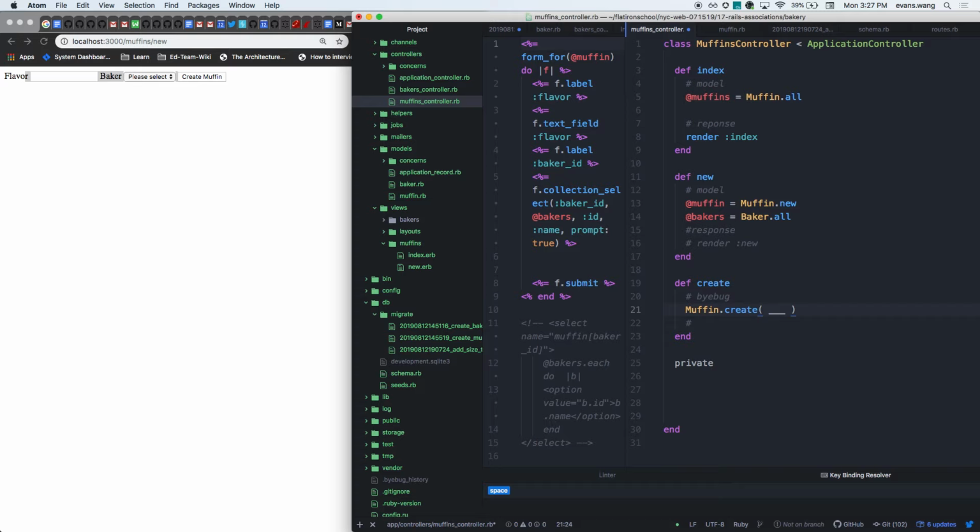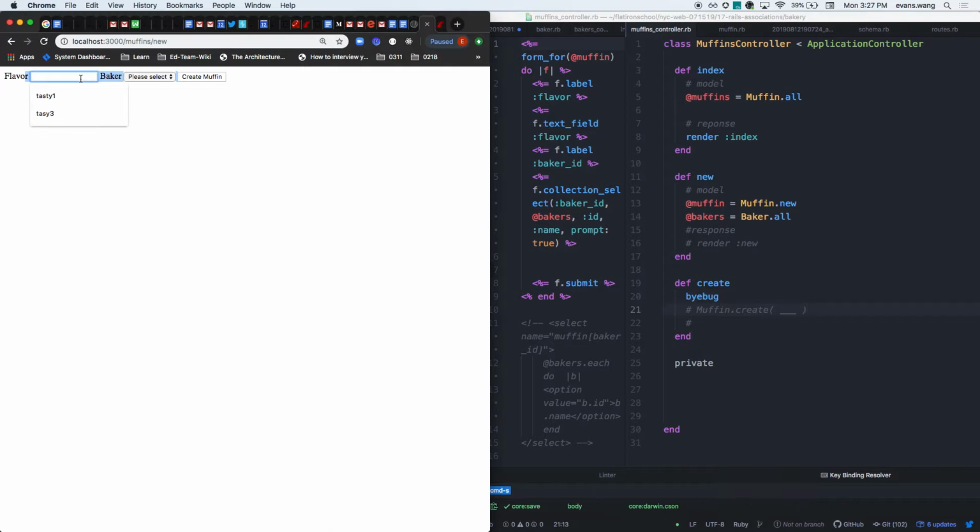What actually comes through? Do you guys want to see it step by step, or who feels comfortable with strong params that we can build it now? Step by step it is. All right. Step by step. So if I hit flavor, I'm going to just refresh the code to make sure it's good. I'm going to hit flavor, and I'm going to make a new muffin, and I'm going to call it